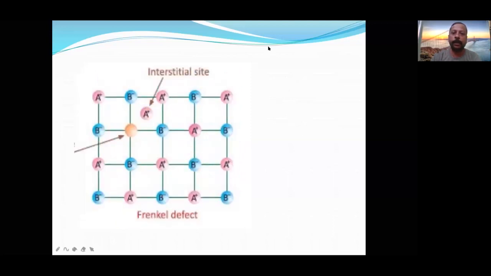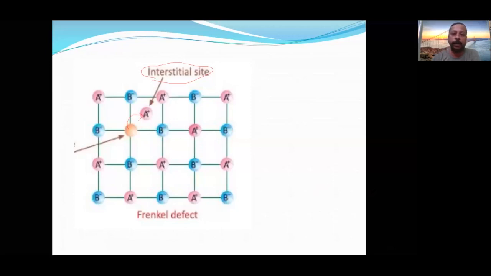Next one is Frenkel defect. In the Frenkel defect, what you see here is that this is supposed to be here, but it has jumped from here to here. That is the jumping of the lattice point from the lattice site to an interstitial site. It is not completely going outside. It is within the crystal only, but not at its own place. It is in the gaps of the crystal. That's why it is called a Frenkel defect.